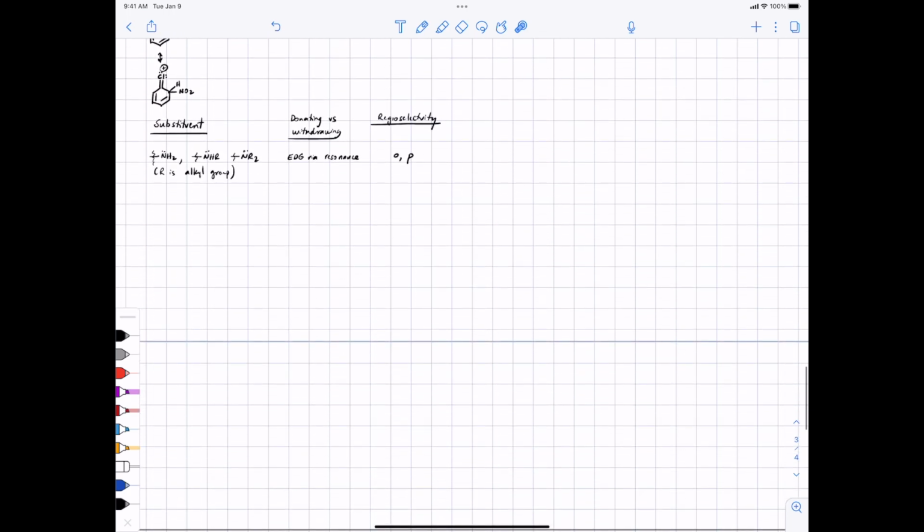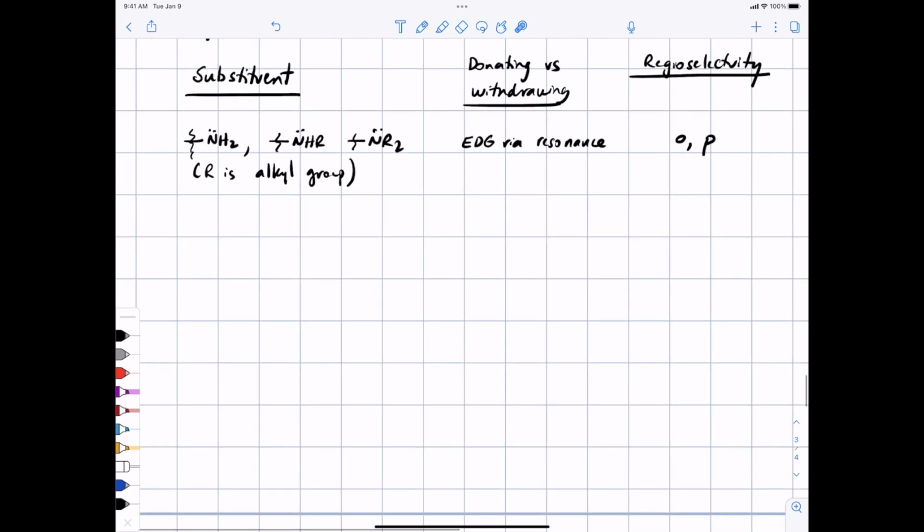All right. So the aniline groups, the ones that have amines, are electron donating groups via resonance. The pattern really is a heteroatom with a lone pair on it can be a donating group via resonance. Also, just a little bit less good is having an OH group, that's called a phenol, or having an OR group, where again, R is alkyl, that's called an anisole,